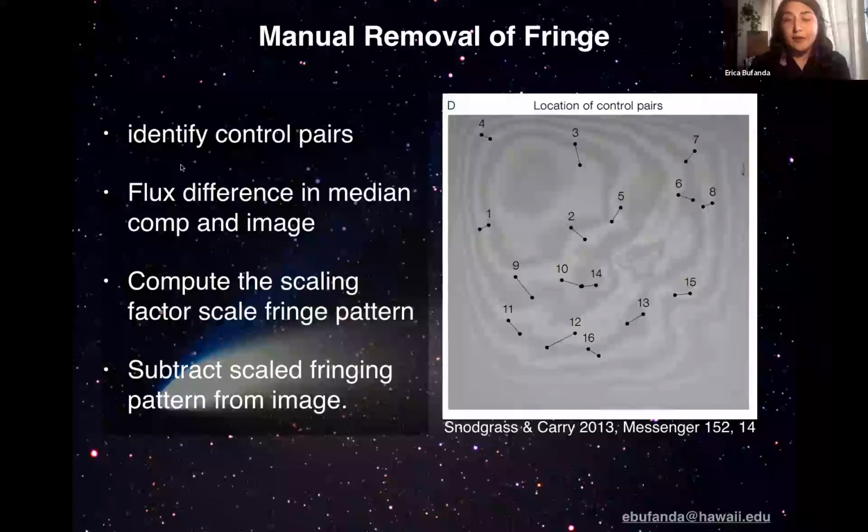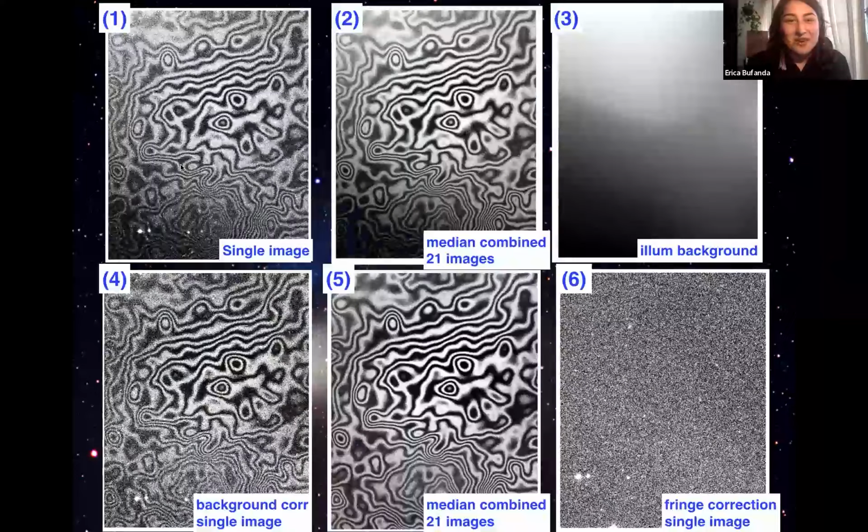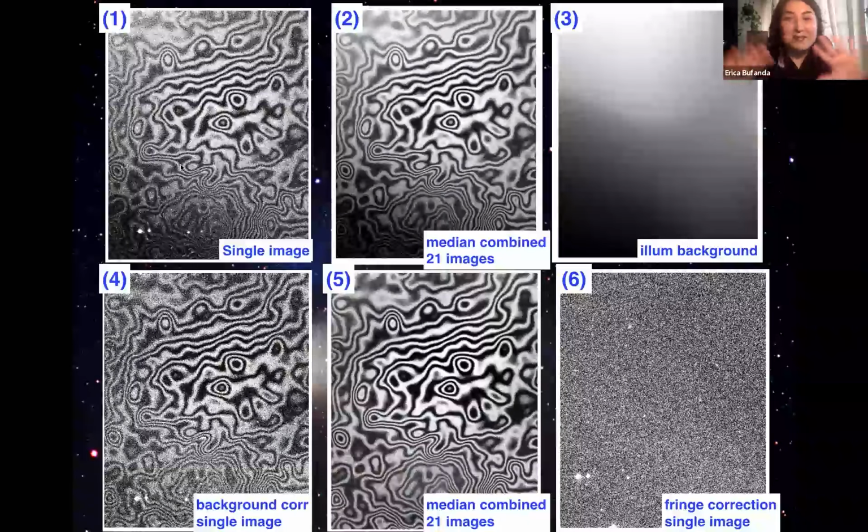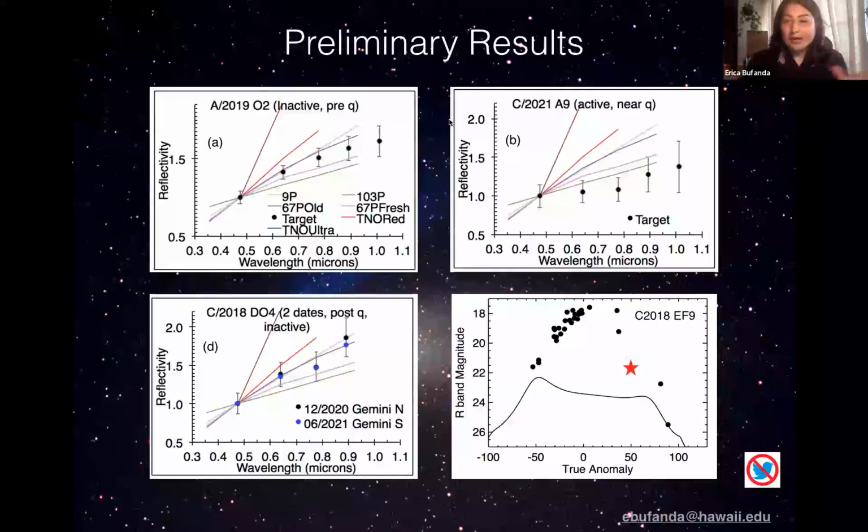technique that was developed by Snodgrass and Carey in 2013, and ESO. That is a little bit more complicated, and we can talk about that if we have more time at the end, so please let me know. And this is the complicated process, but the thing to note is in the end, the fringe is gone, so that's the good thing. And so let's go ahead and talk about some preliminary results, and please keep in mind